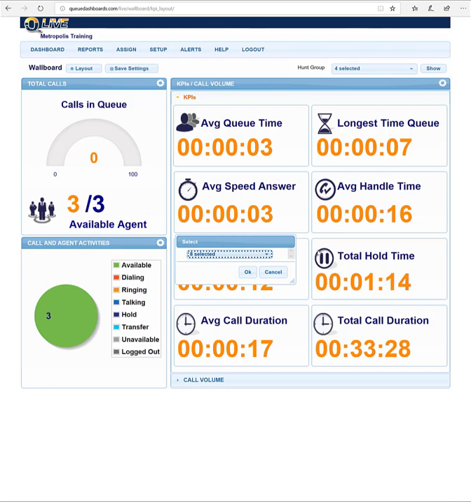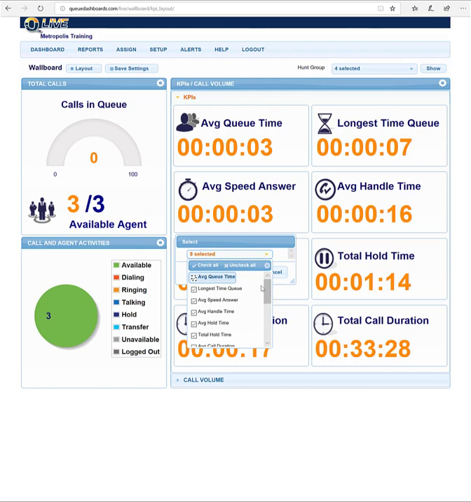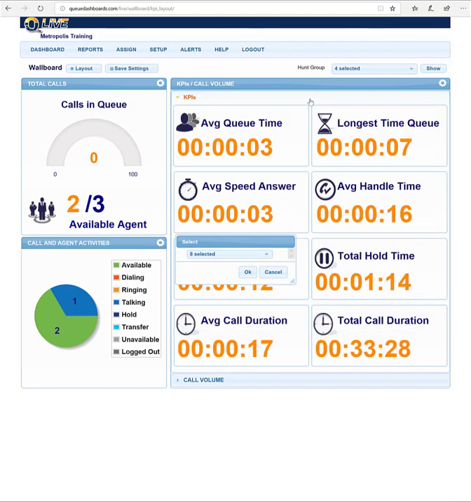Just like the supervisor dashboard, all of these different gauges and the gauges within the widget can be modified based on what's relevant for this layout. So again, I pick and choose maybe average available time or the answered calls. As soon as I do that, I click save so I can go back to it in the future